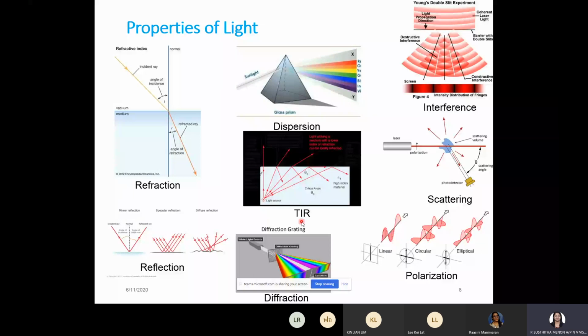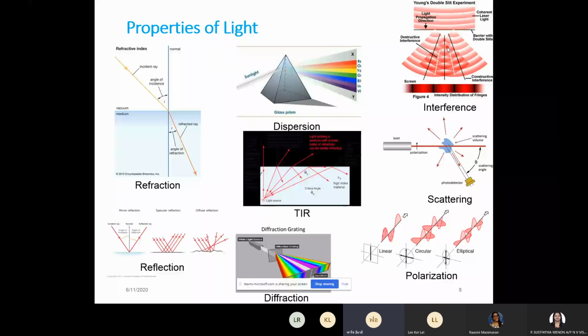Okay, dispersion. Total internal reflection is another phenomenon which is used in lasers, where the light inside the laser must experience total internal reflection, and it stays within the active region. It doesn't go out, it doesn't refract, so it's totally reflected within the medium. This is diffraction grating. Other than using a prism, a grating can also be used to split light into its different components. This is interference, covered by Dr. Dila, where if there are two waves of light, and they meet each other,